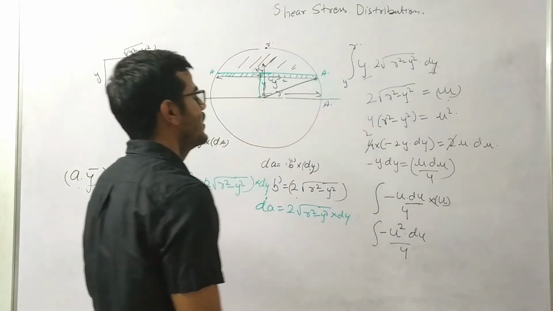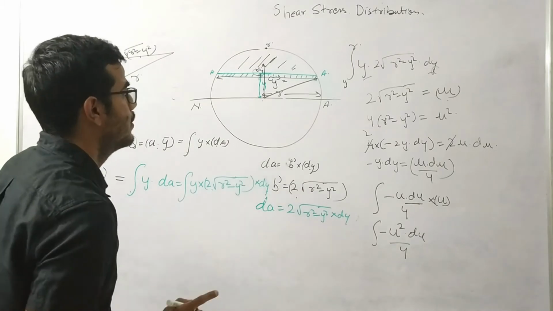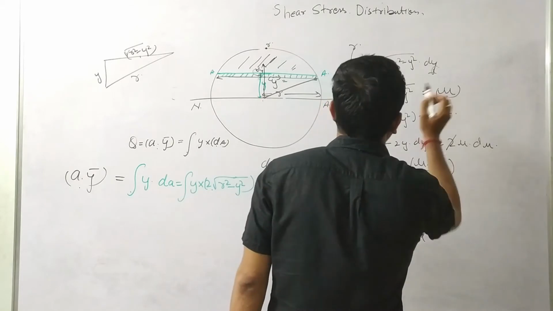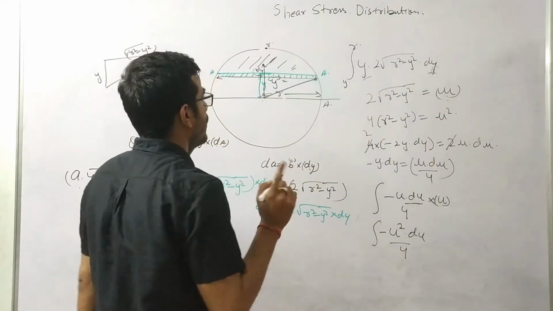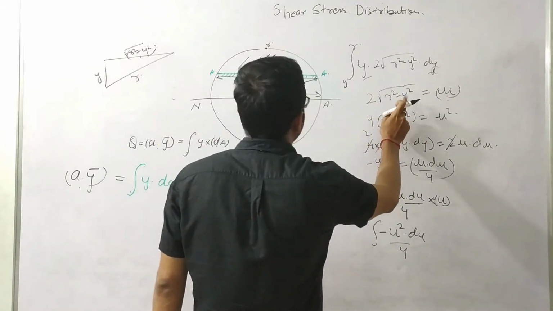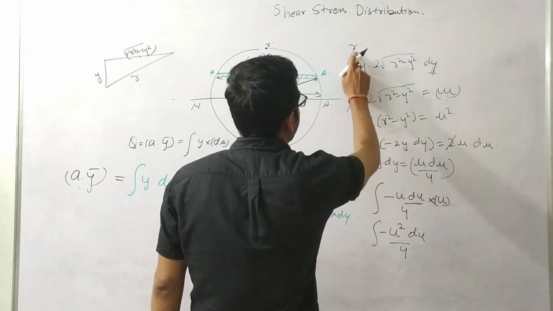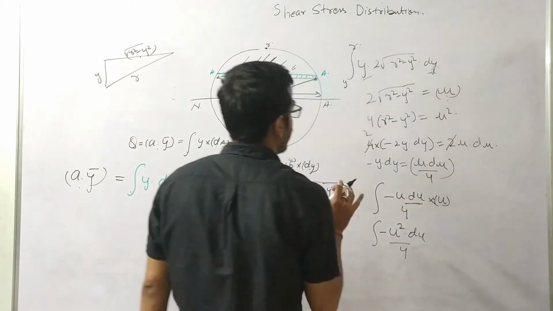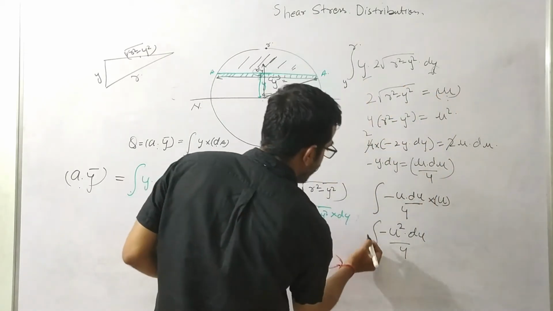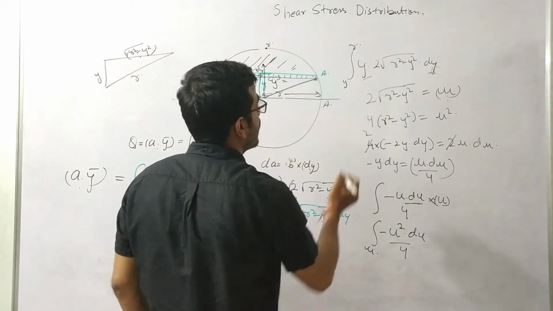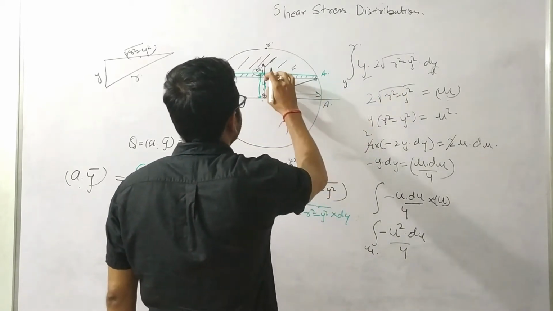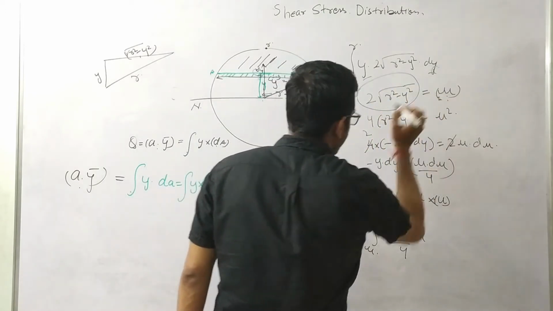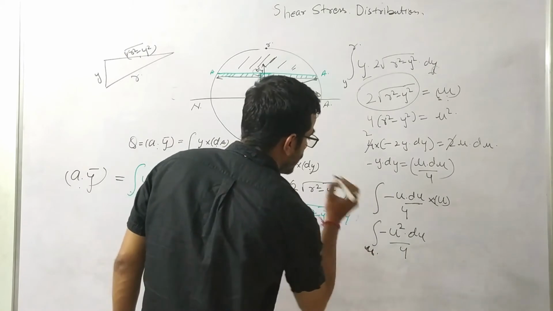And what will be the limit of integration? Okay, my limit of integration will be what I have put over here, 2 under root r square minus y square equal to u. So when y equals to y, okay, because initially my integration is from y to r, so when y equals to y, this term will be equal to u. Okay, so in the position of y, what I am writing over here is u. Why? Because at y equals to y, at this level, this term will remain same. It will be equal to u. So it will be u over here.